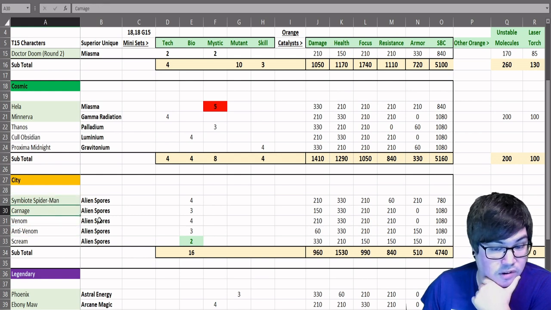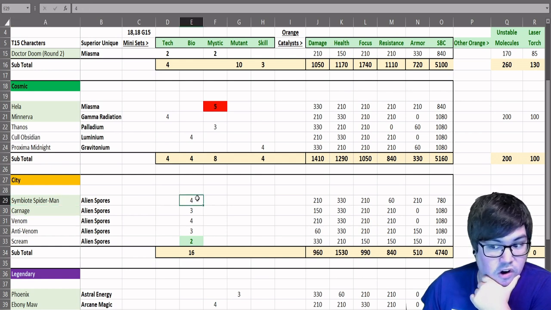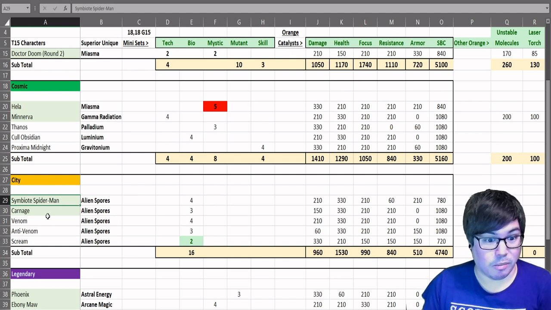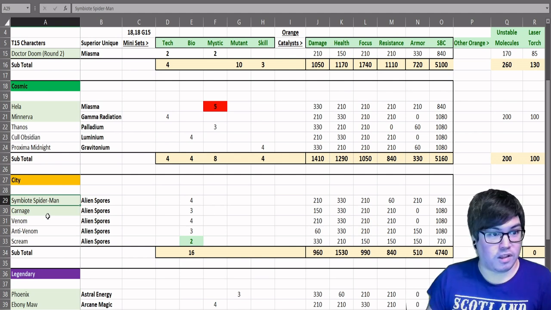I have a lot of Alien Spores, actually. I have at least 75 Alien Spores right now, so I think I'm doing quite well. I think it's just the Bio Mini Uniques that are going to hurt me. So depending on whether or not I take Cull Obsidian up in the Cosmic Lane will probably determine how many characters I'll have ready for the City Lane. But I do want to make sure that I also use Symbiotes for my raid team. And again, I do like using characters that are going to double outside of Dark Dimension. I'm not running this solely for Dark Dimension. I'm running this...